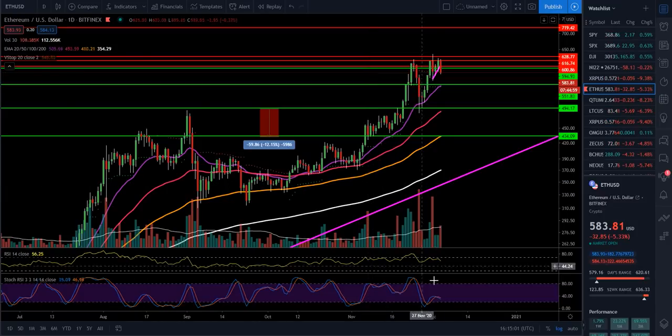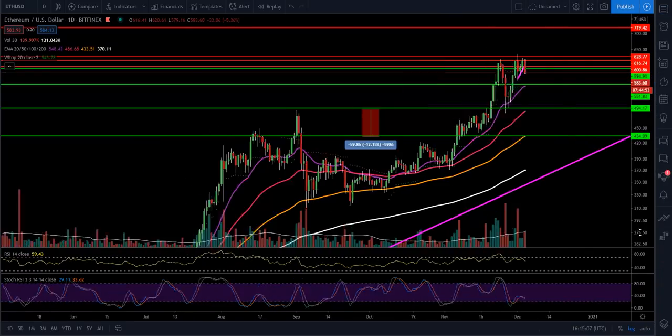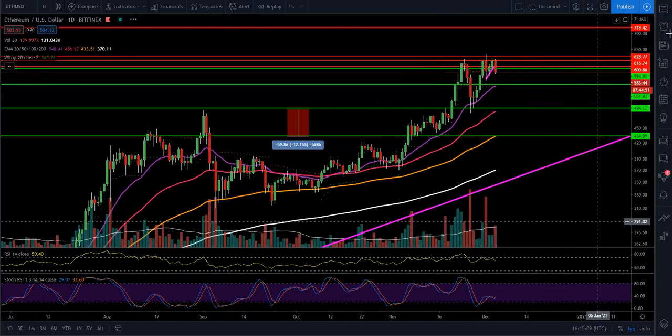So it may just need to cool down a little bit. RSI is losing a little bit of strength there, so we're going to keep an eye on that. If we get to the technicals for Ethereum,